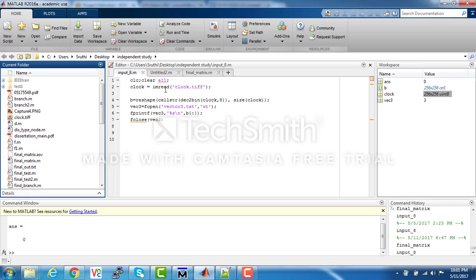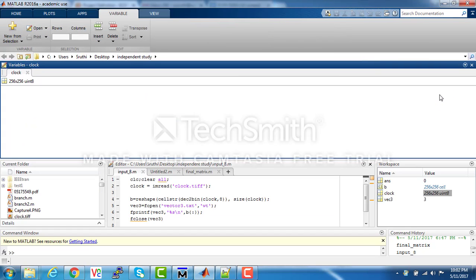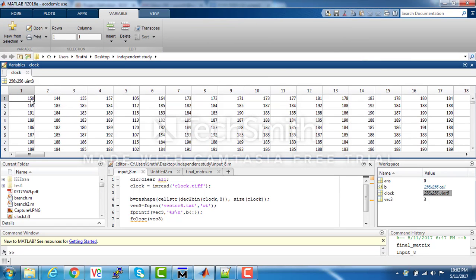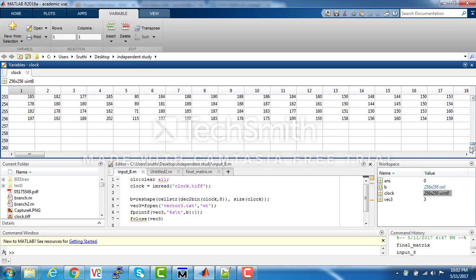So this is read into the matrix called clock using the command imread, which is a built-in function to read images. This produces a matrix named clock, which is 256 cross 256, and each element is an unsigned integer of 8 bits. So let's open it to see how it is. It is stored in a decimal format inside the matrix containing 256 cross 256